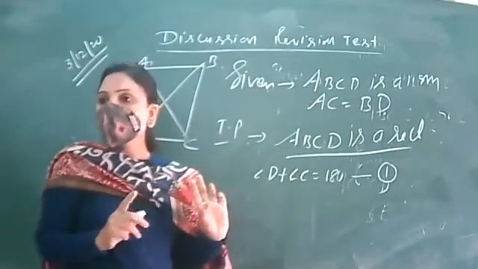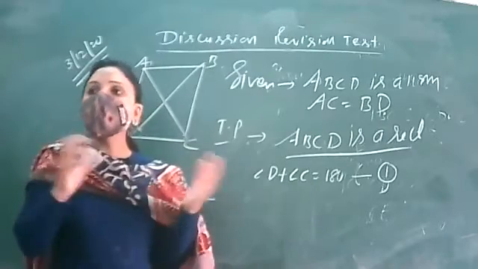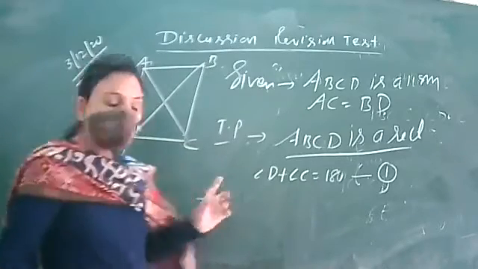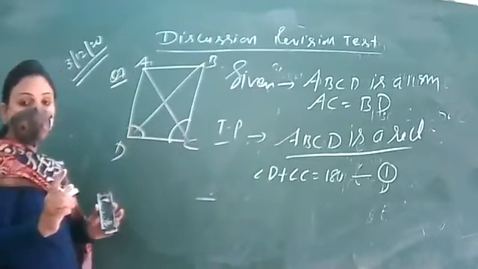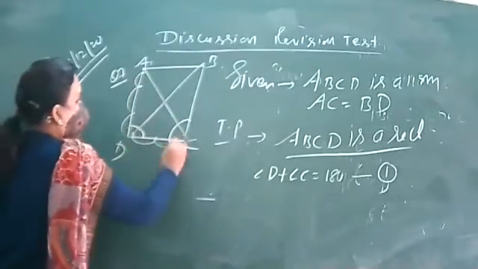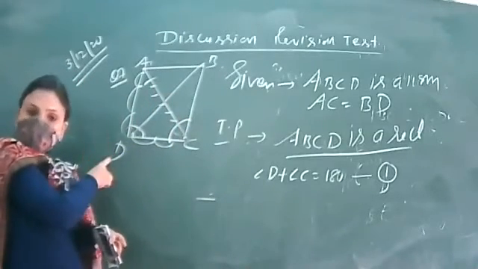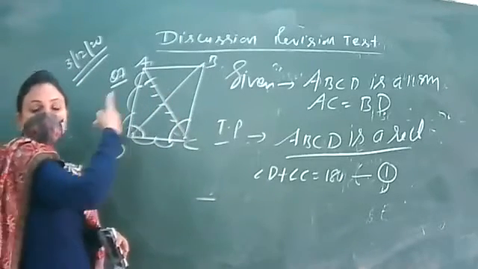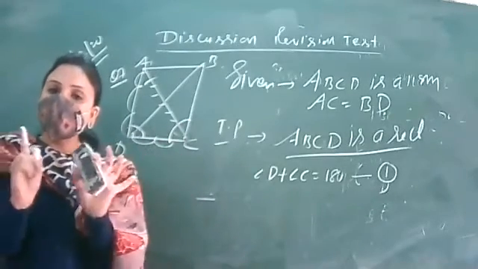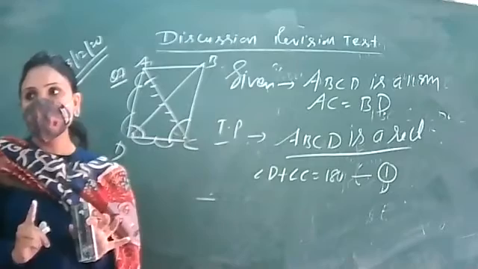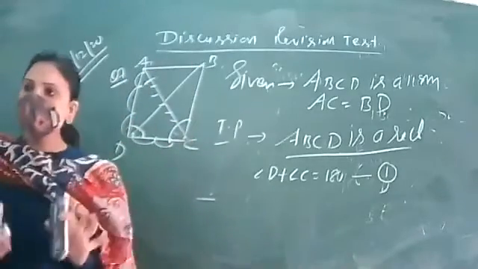D and C are equal. When they will be equal, they will be 90 degree each. So to prove their equality, this angle D and this angle C, we want to prove their equality. For that, we will take the two triangles to be congruent, of which D is part and another triangle of which C is part. अच्छा, congruency prove करने से हार्दिक क्या ये prove हो जाएगा that D equal to C? If we prove the congruency of ADC and BCD, will it be proved that D equal to C?